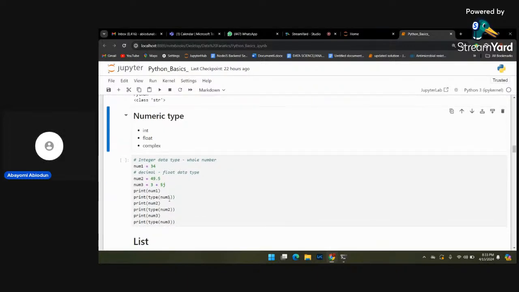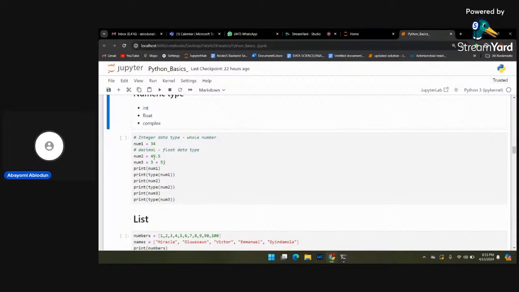So we have num2 equals 49.5. That is, once it has a decimal point, we are going to regard it as a float, while the one without a decimal, so we can see here that any number that